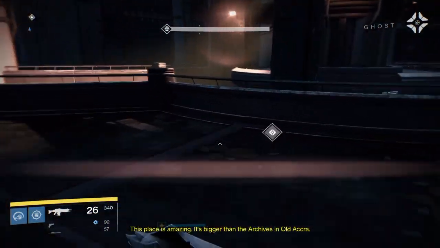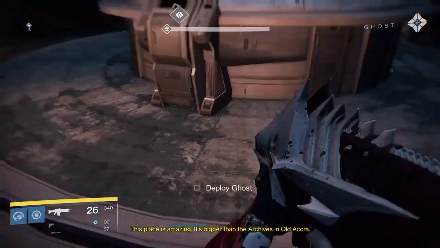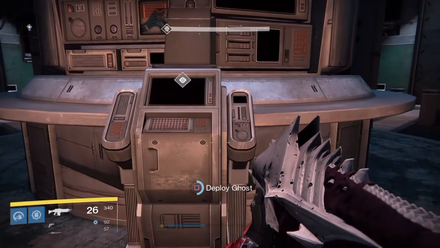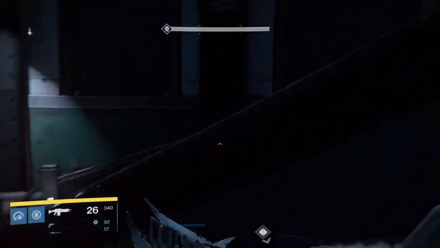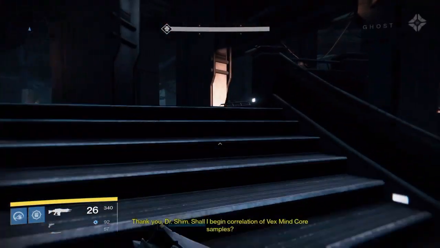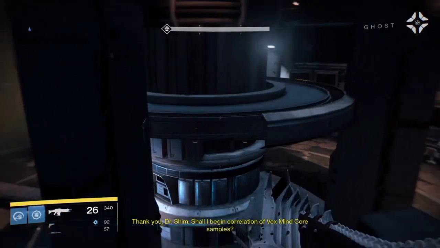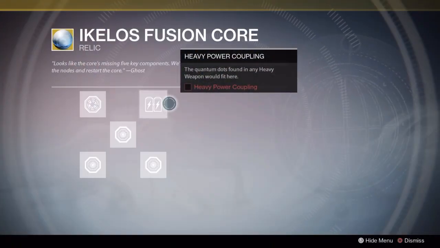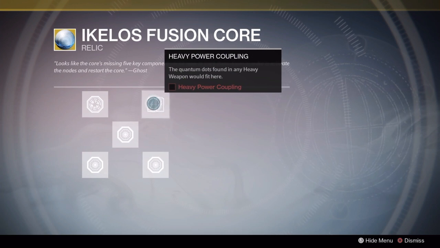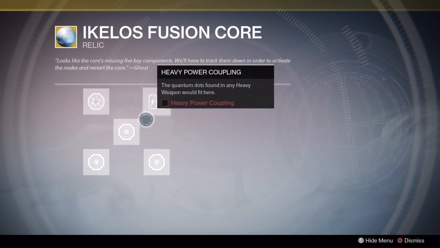You don't have to kill a certain enemy or have any specific modifiers or anything on it. It's just a normal mission. Run through it, very easy. Just run through the mission, beat it real fast, and you're gonna move on to the next part of this mission, which will be to acquire the heavy coupling, which is also on the thing right here, the heavy power coupling. Which you will need to do is